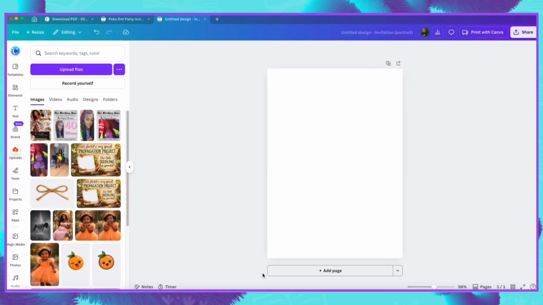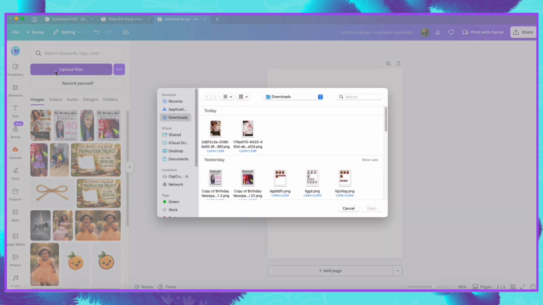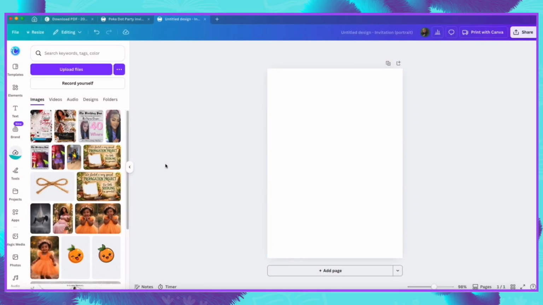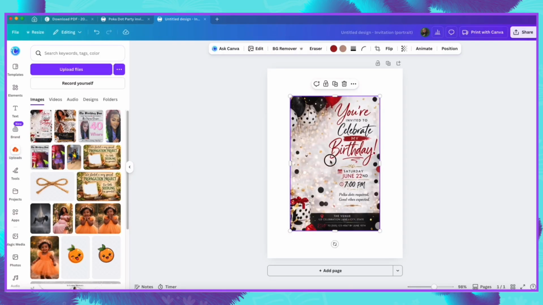All right, you guys, let's go ahead and jump right into it. So what I did was I created an image on ChatGPT. And so what we're going to do now is I'm going to upload that image. So I simply clicked upload. I'm going to click on the file that I downloaded from ChatGPT and we're going to drop it into our